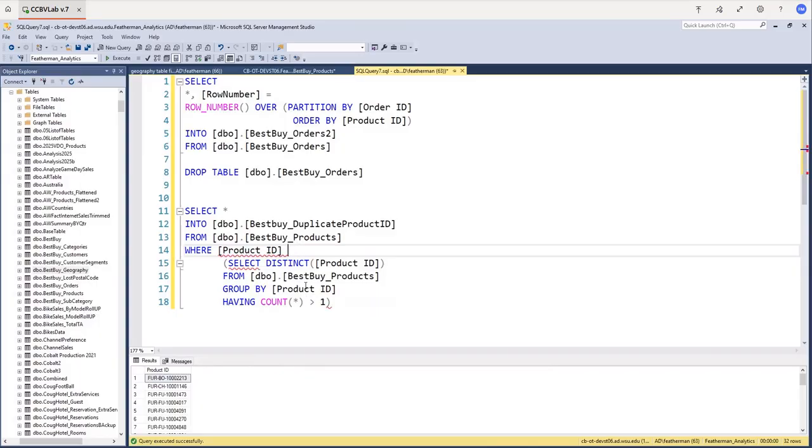But actually, IN works because this is a list of 32 rows. So copy into this new table from the Best Buy products where the product is in this list. Worry about it later. And the next thing to do is to delete from